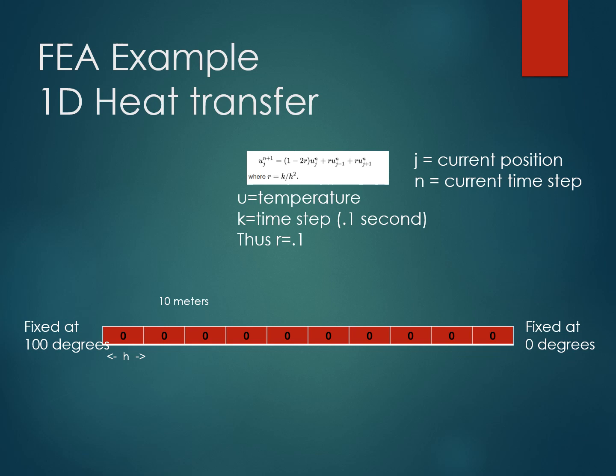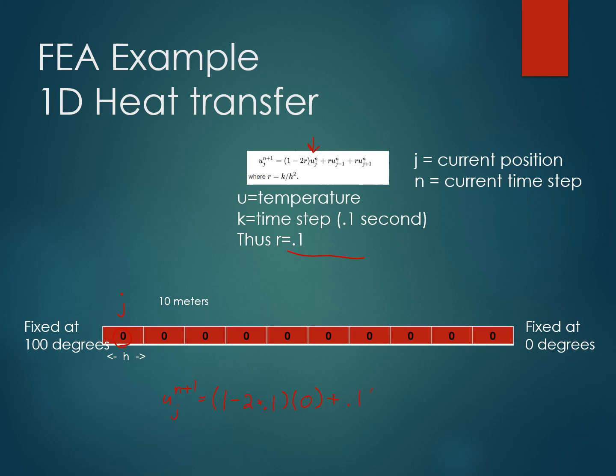Let's solve for this element right here, J. We know that U, which is our temperature of J at n plus 1, which will be the next time step, is equal to 1 minus 2 times 0.1, since that's our R value here, times U sub nj. So this is our temperature right here at our current time, which is 0. That should simplify out nicely, plus